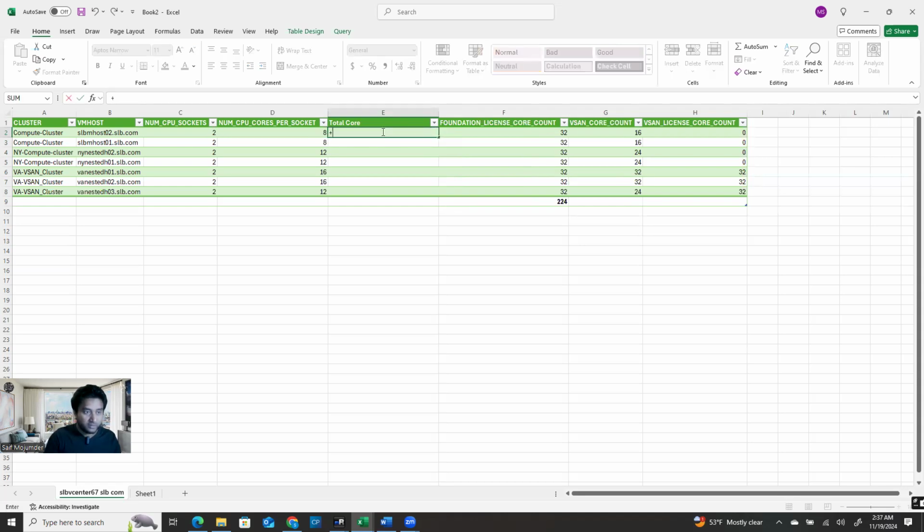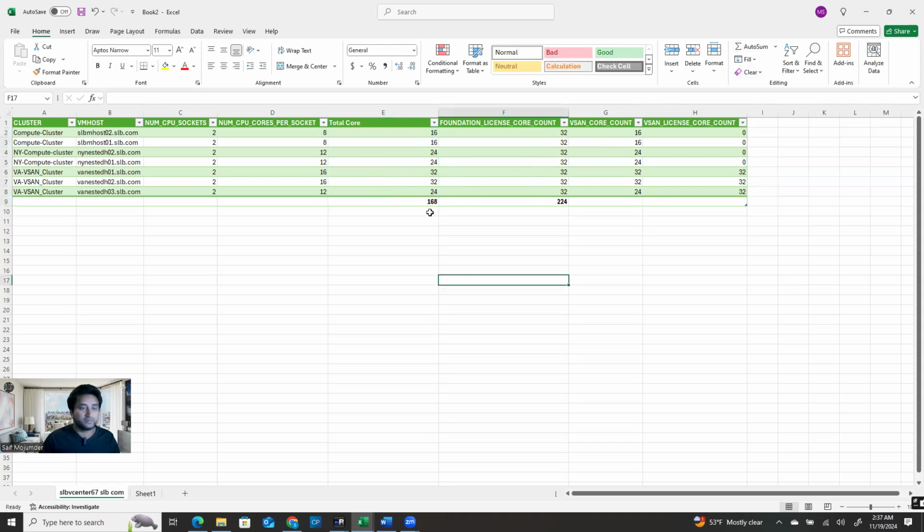Formula-wise, C2 times D2, hit enter, and then you're going to get all of them. Then just copy down. So originally I have a total of 168 cores, but I have to purchase 224 licenses.